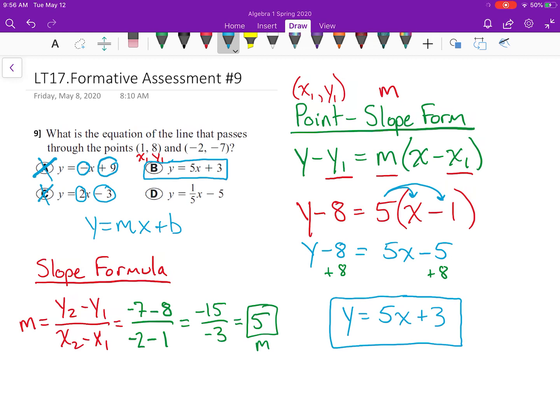Choice D, I can see that their slope, they have 1 over 5 instead of 5 over 1. They just have that flipped, and their y-intercept of -5 is also incorrect. So choice B is the only one